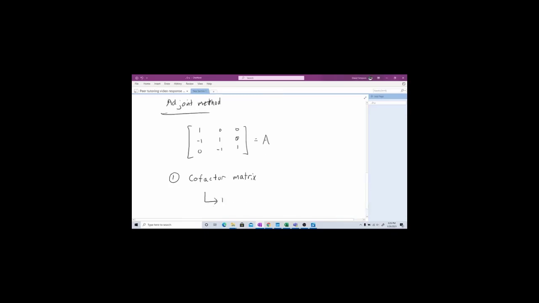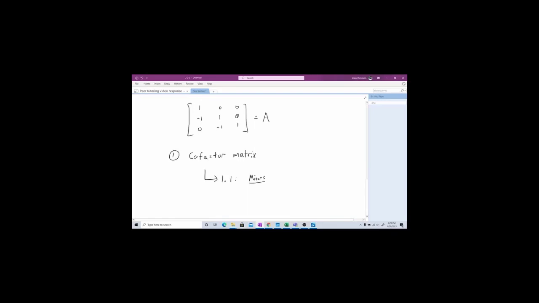So I'm going to split this up. Step 1.1 is take what's called minors. I don't really know if it's minor coefficients or something. It's just the minors. Take the minors. And what that is,